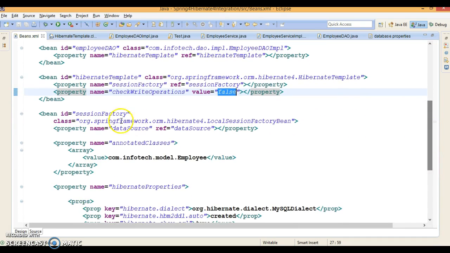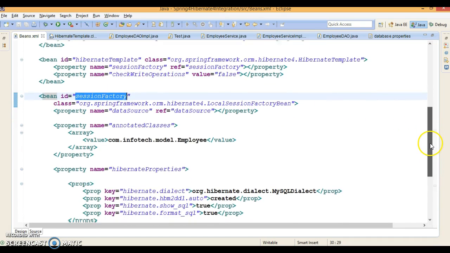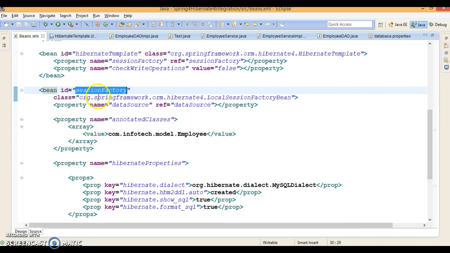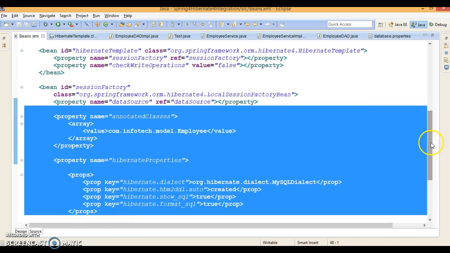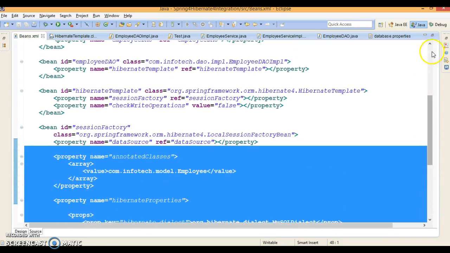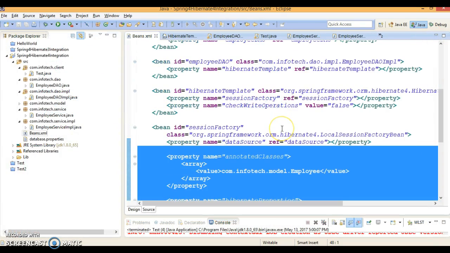And finally we have configured the session factory. If you have been working on Hibernate, you know what a session factory is, and it demands that you supply some properties. Those things I have configured here. So I hope you enjoyed learning how to integrate Spring with Hibernate, and thanks for watching this video.